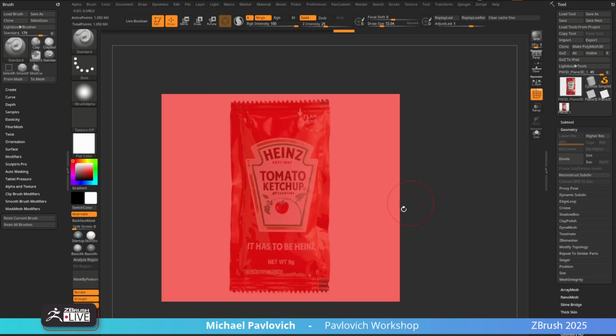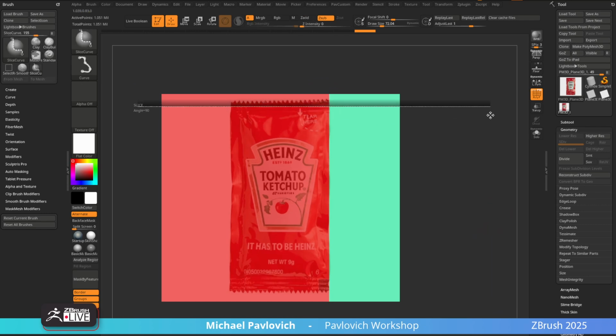So now we can go. Sorry, this is a long involved thing. It'll get faster as we go through, but I'm going to hold down Control Shift, switch to slice curve, and I can literally just slice where I want this ketchup packet to be cut out. And in fact, what we're going to do is, these intentional stress risers that are on the top of this packet, I'm going to go ahead and cut those off because I'll create those later. But I just want to get the overall